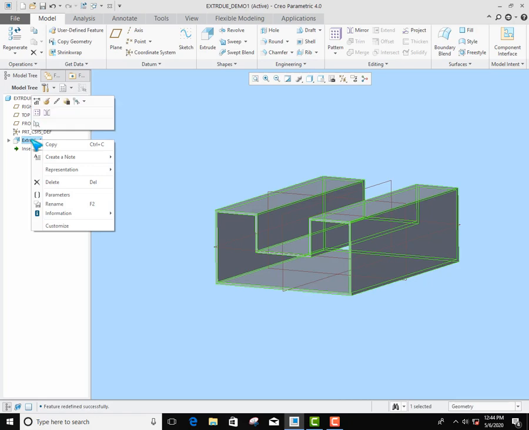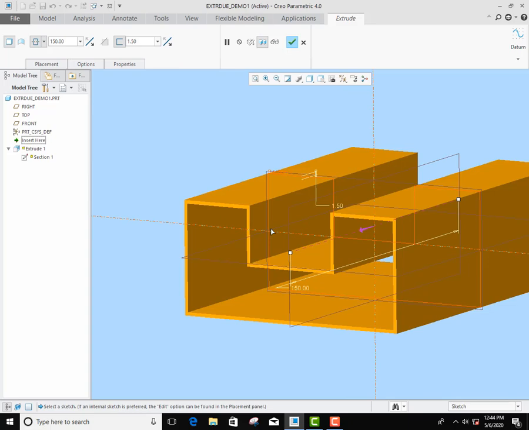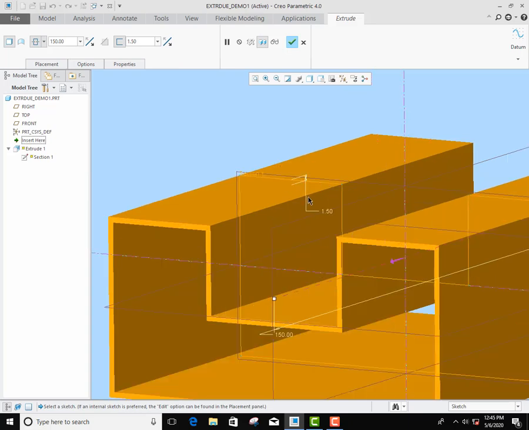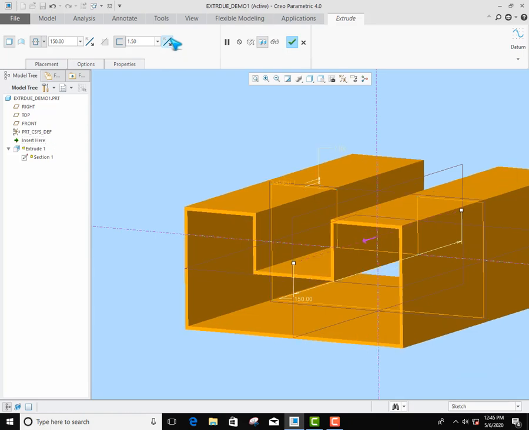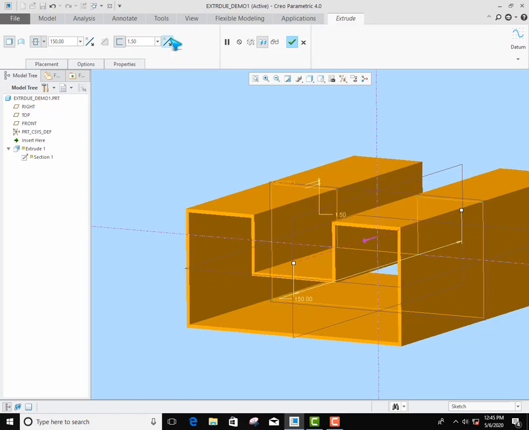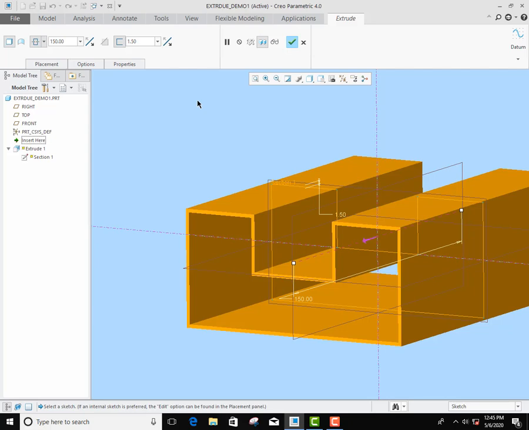Again there are three options available. You can thicken, and now it is taken inside. If you want outside, it will take outside, or if you click on this, it will take both sides. Means 1.5 mm divided by 2, it will take from the center. So this is one option available if you opt for the thicken. Again there are some other options available.